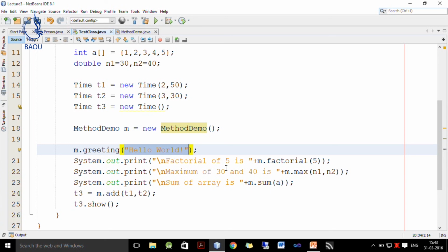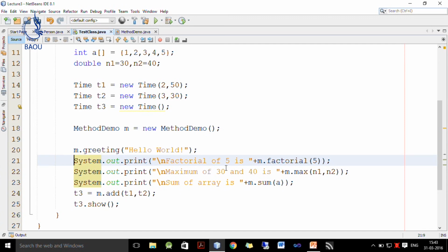So, m dot greeting will print hello world. Next I want to print factorial of 5 is. So, I write factorial of 5 is, and then I call m dot factorial with argument 5. It will return 120, which is displayed here.